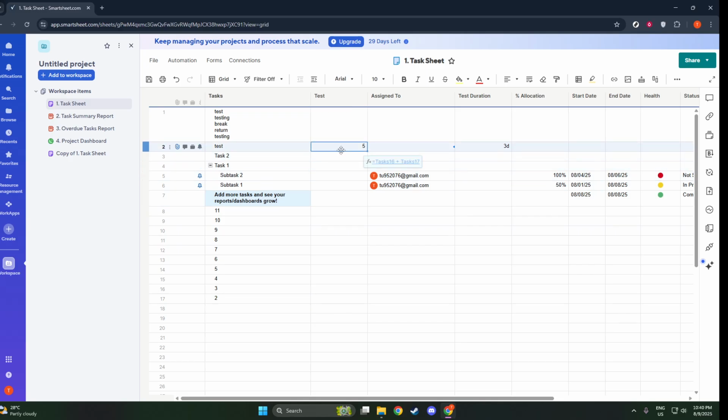Once you've entered the equal sign, proceed with your calculation. For instance, you might want to add two cells together. If so, your formula might look something like this: equals A1 plus B1. After typing your formula, simply press Enter. This will evaluate the formula and display the result directly in the cell, enabling you to quickly see the outcome